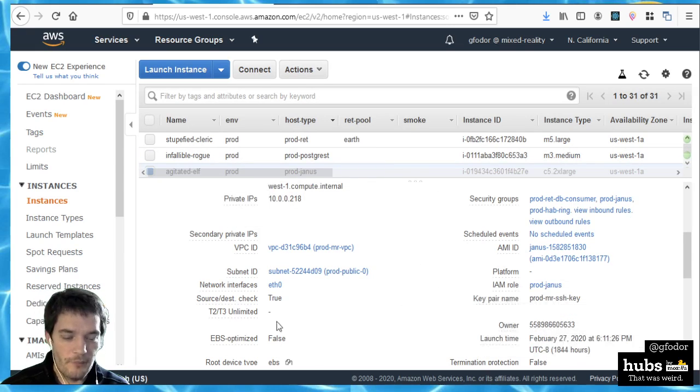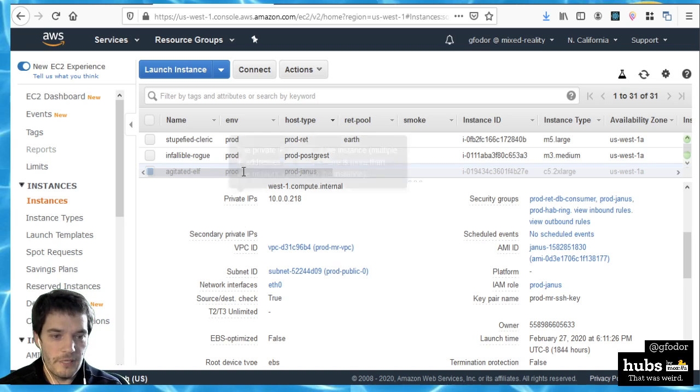Now you might think, okay, well, all you got to do is just go in here, click this, do that drop down, click that button, and then just hit go. But that would be a bad idea, because one of the most important things you can do if you're operating a service like hubs.mozilla.com is you want to capture all these kinds of operational changes in code. You don't want to be looking around with your console here. That's great if you're just kind of getting started, but very quickly you'll find that if you're doing that, you really lose track of how things are set up. It becomes very hard to manage, especially if you're trying to have multiple people work on it at the same